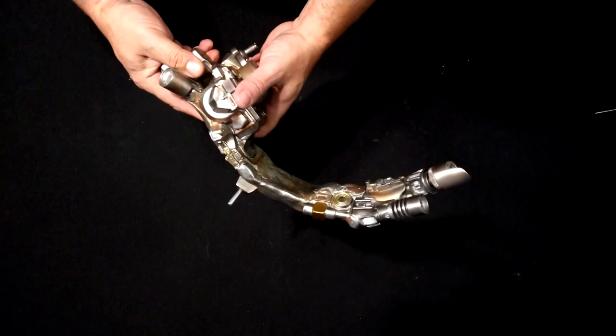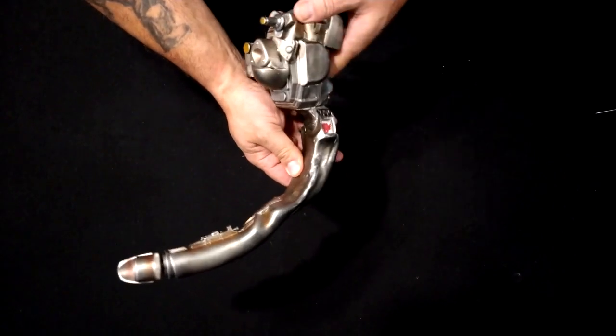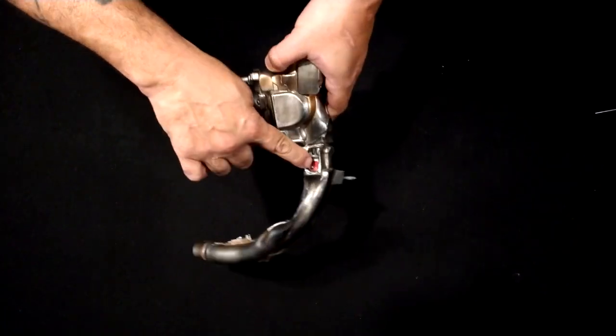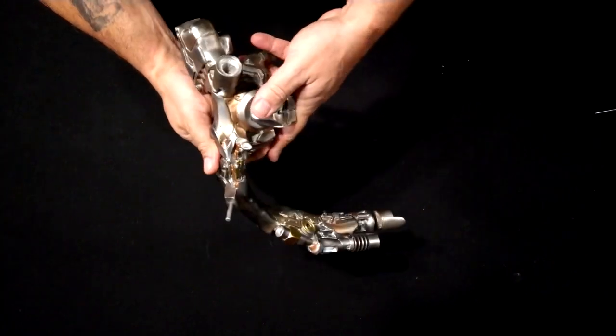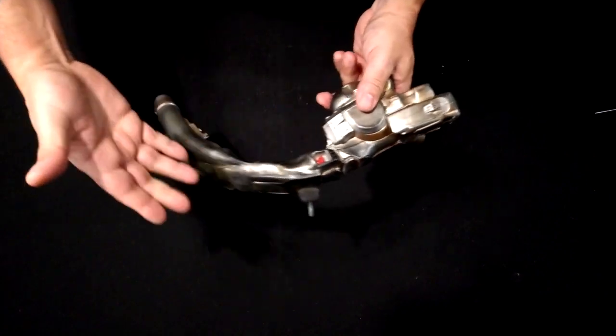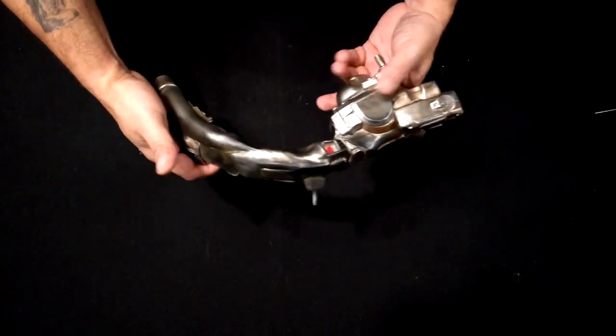All right, guys, this comes with an attachment that goes to the base. I'm not really sure what this is. It does look like a gun from a tank or something. There's other pieces that go on here, and I'm going to show you that in a minute. They're all color coded. Some are pegged, some are magnet. If you go around this, all of these things have color coded marks on it where you can just place it. This looks like metal. It just looks like a giant piece of